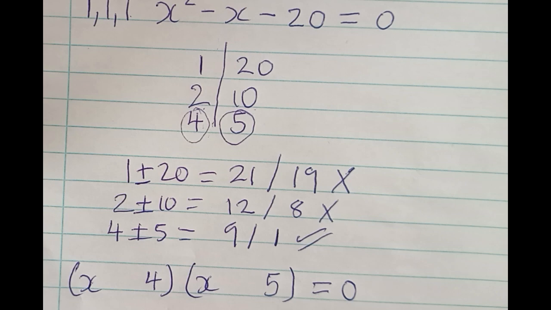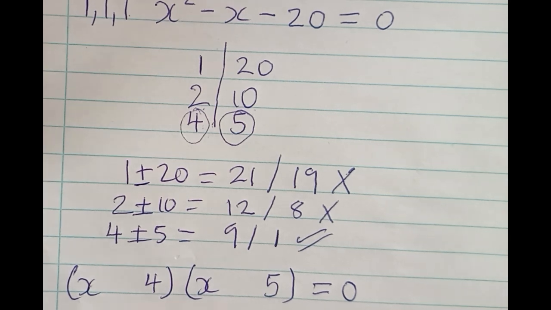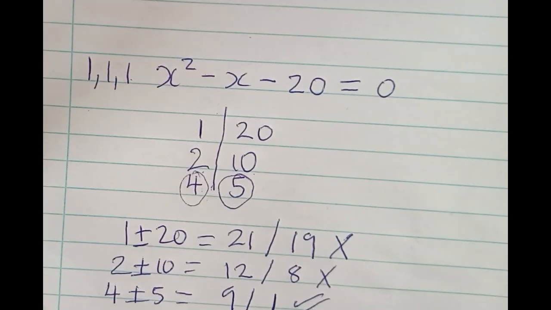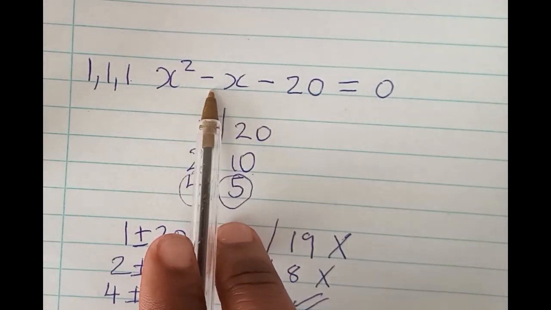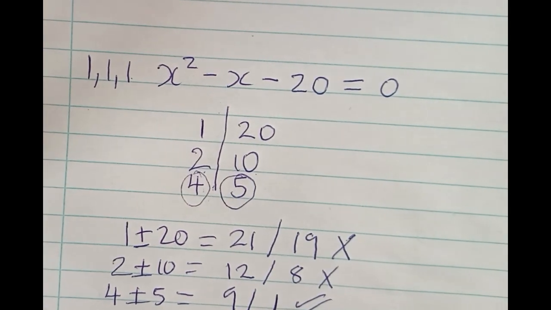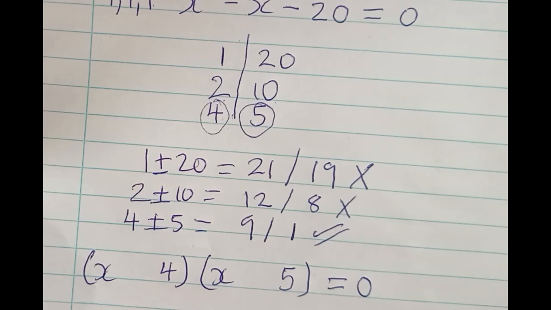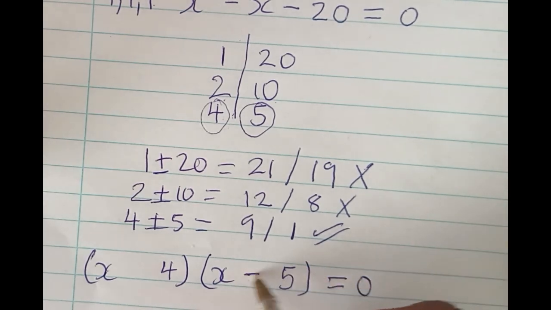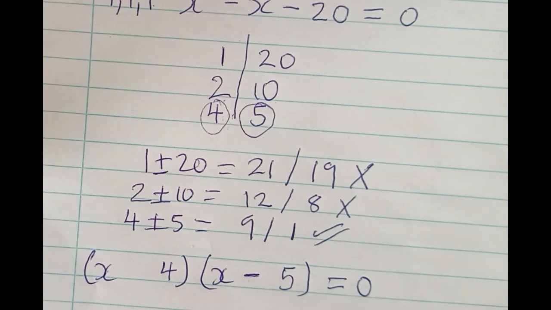Now we are looking for the signs. We say the bigger number takes the sign of the middle term. The middle term there is negative. Can you see it's negative x? So between 5 and 4, which one is the bigger number? It's 5, right? Which means 5 will have the negative. Then to get the sign of the other bracket,